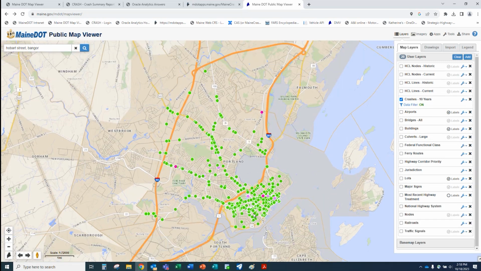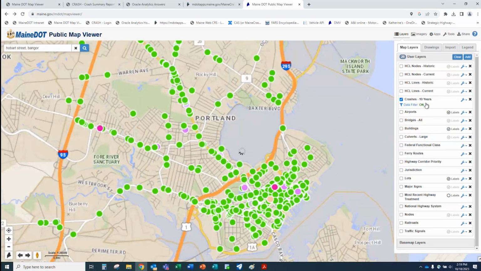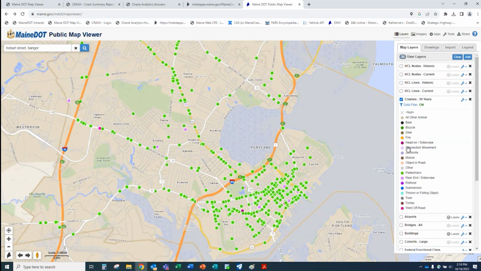What happens is crashes are typically identified by the initial contact or incident that occurs within the crash. So what happens a lot of times is, there could be a rear end crash. I'm trying to think of one of these here, and again, remember how we had got that? These are pedestrian crashes. These other ones are different types of crashes. So there should be a rear end crash in here somewhere.